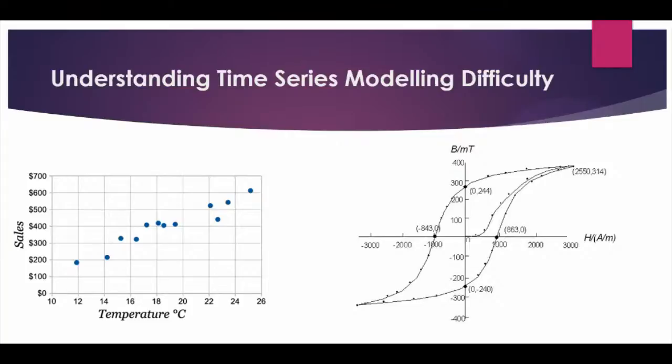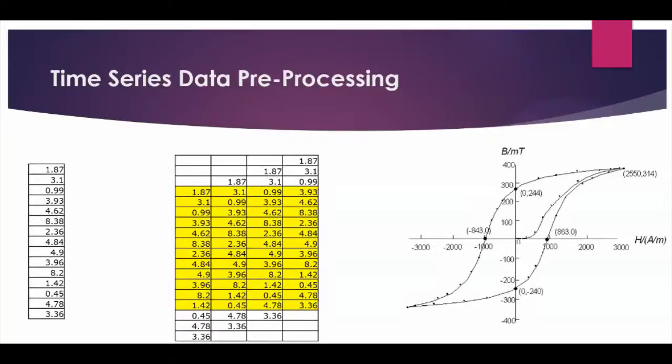Okay, what can we do? How to model it? The x and y values will not be sufficient for modeling this type of data. Okay, we'll see how to do this. Now suppose on the left hand side there is a data set, some temperature value, or some value with respect to time that we have actually taken. This is the raw data set. What can we add? We can add the history.